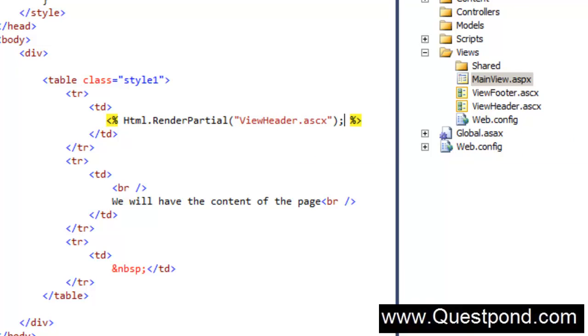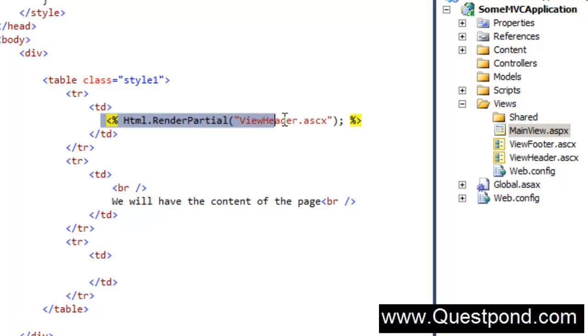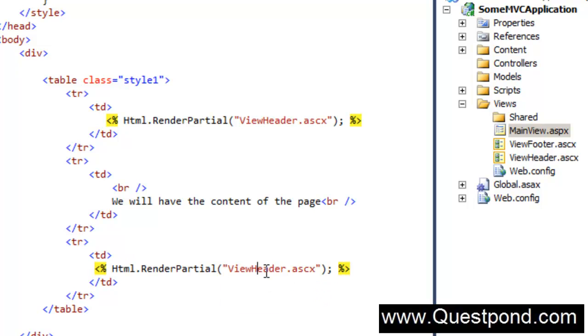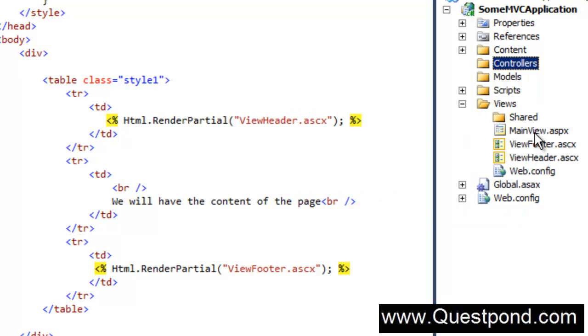And also I would like to put my footer over here in this td in the last tr. So let me again just copy paste this, and here I will give the name view footer, so view footer.ascx. Now let's add a controller here, a simple controller which will invoke this main view.aspx